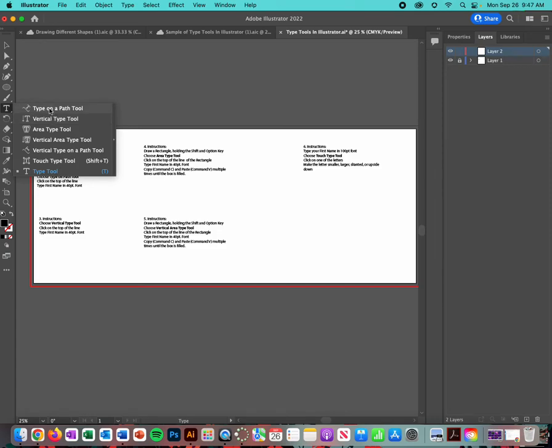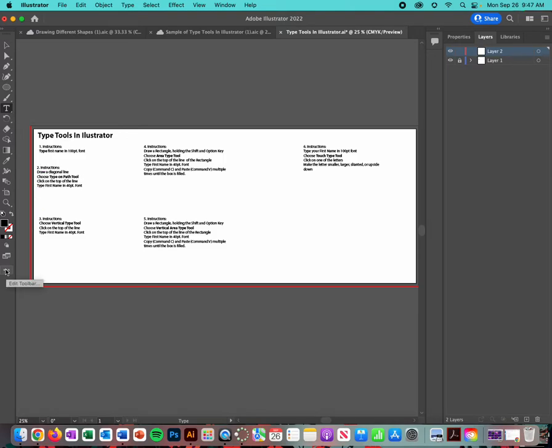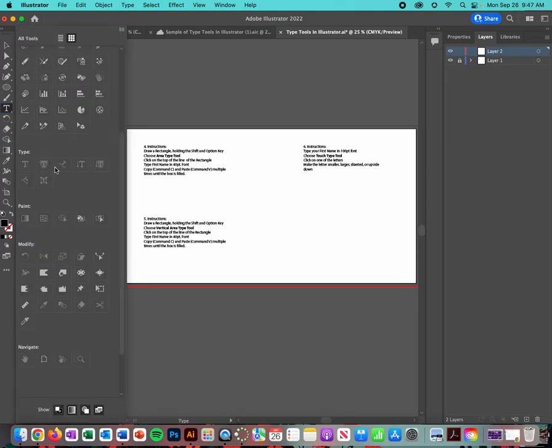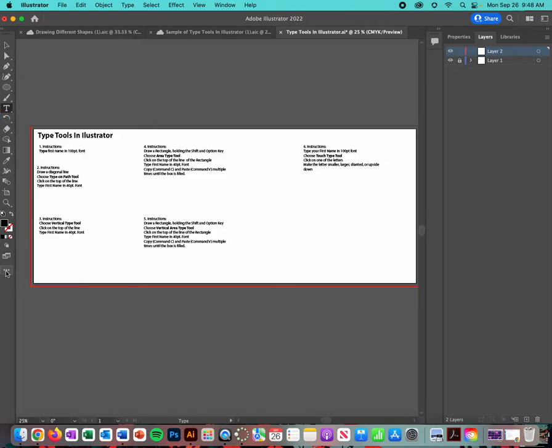If you are not seeing all of these when you hold down your type tool, you need to go to the 3 dots and you should be able to drag any of these light gray tools to your T. So you would pick them up and drop them over. I have all of them, so they are no longer bright gray, they are dark gray, and it is showing me that I have all of them. I'm going to then close this with the 3 dots at the bottom,